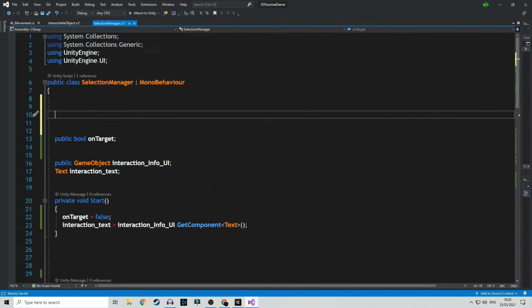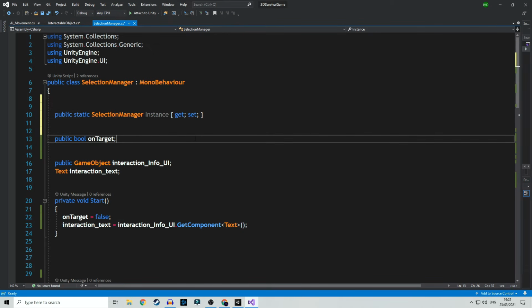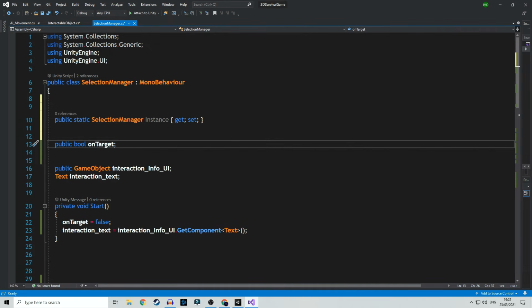So the way to do that, we're going to type in public static selection manager instance get set. Okay, but we also need to make it actually into a singleton so that we won't be able to create more instances of this